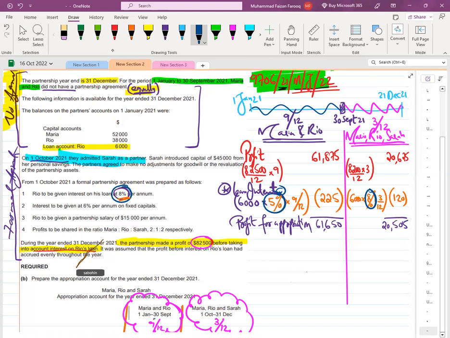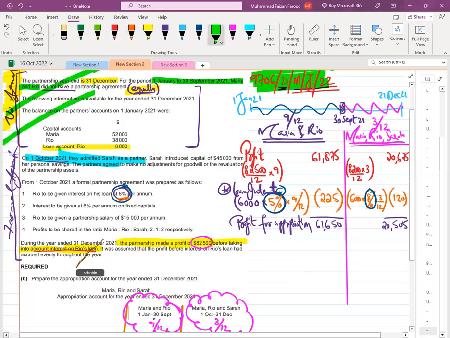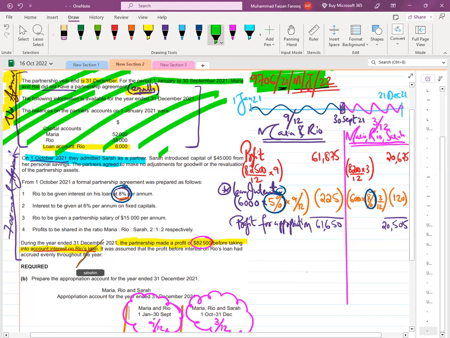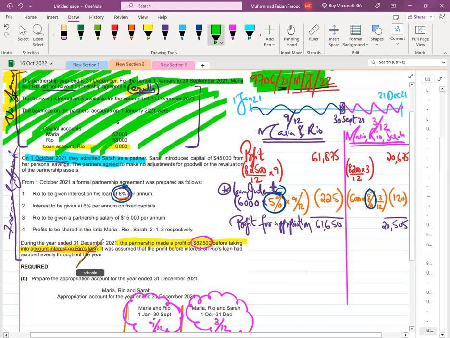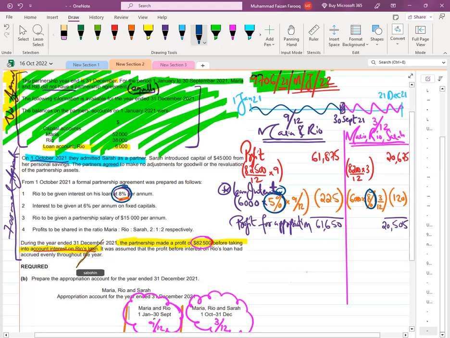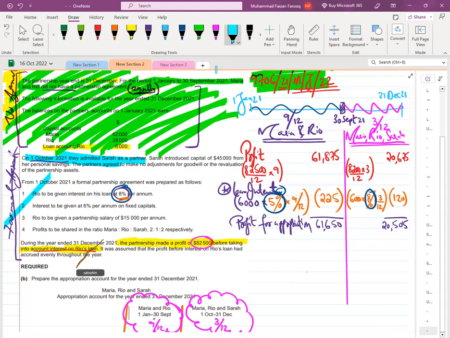Okay. Then from the first period, the first 9 months, is there any salary? I am highlighting it. This green is the 9 months, right? No salary, no interest on capital, no interest on drawing, nothing. Zero, zero, zero, zero. But for the remaining period, October onwards,